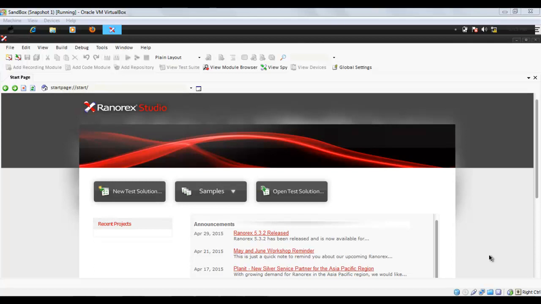Today we are going to learn about Ranorex Studio. It's an automation tool to record and play software applications which are under test. It can be used on tablets, desktop, smartphones. Smartphone OS can be iPhone, Android, Windows, and tablet Android, iPhone, Windows, as well as desktop application.